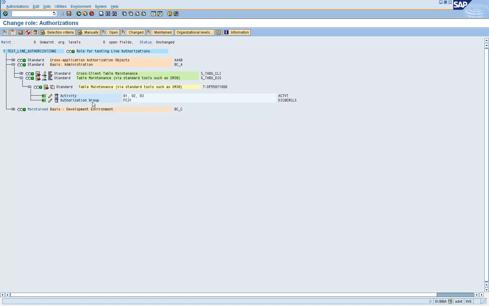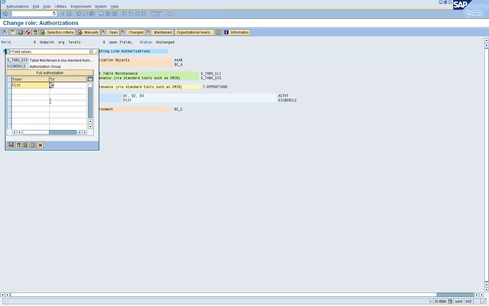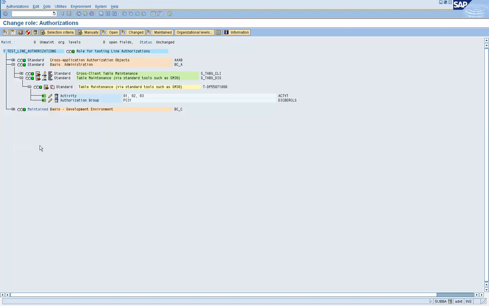Now SAP best practice says you could technically go and click on this pencil icon and add FC in this value, but that would cause this object status to change from standard to changed, which is not a good idea. So if you want FC in this role for OB52, SAP recommends that you maintain the value for this object in the role in SC24.